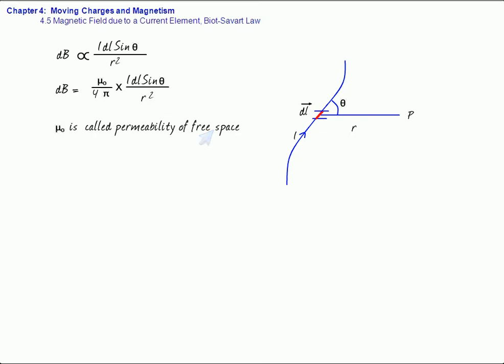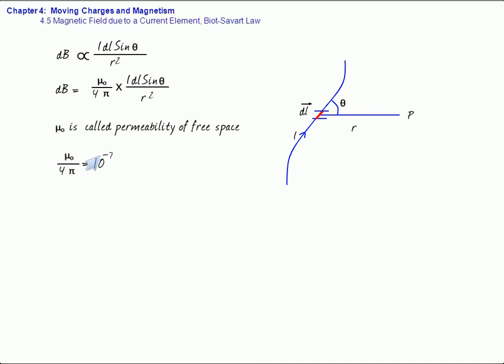You can understand it like this: how many magnetic lines of force are produced around the current carrying conductor. That factor will change if the medium is replaced by some other medium with respect to vacuum or free space. The factor by which the number of field lines changes is described in terms of this quantity, which is called permeability. And its value in SI is 10 raised to power minus 7. The SI unit of magnetic field is Tesla. You have studied it earlier.